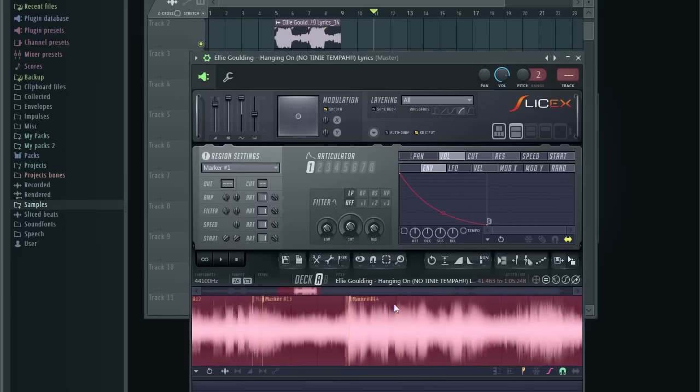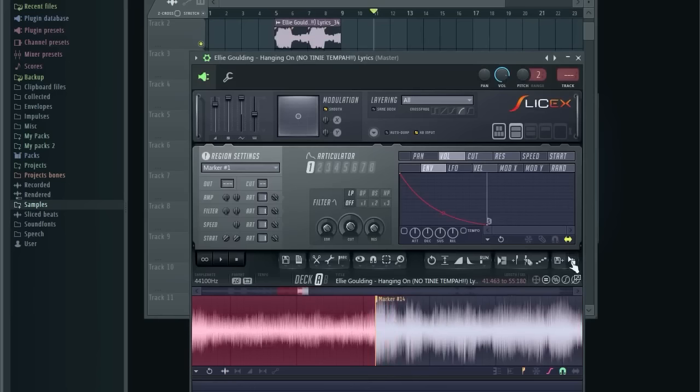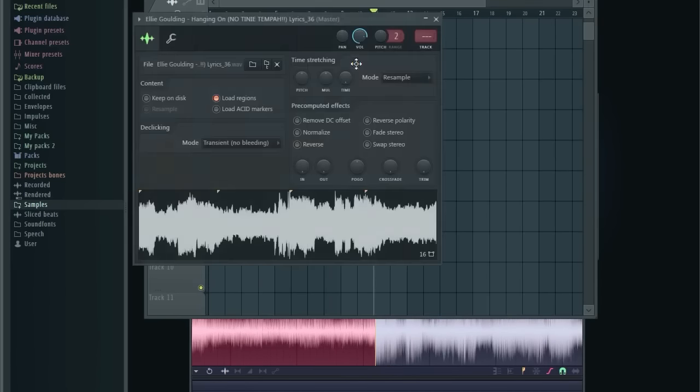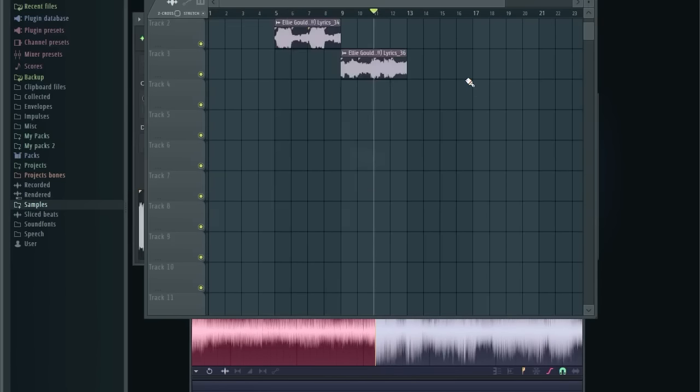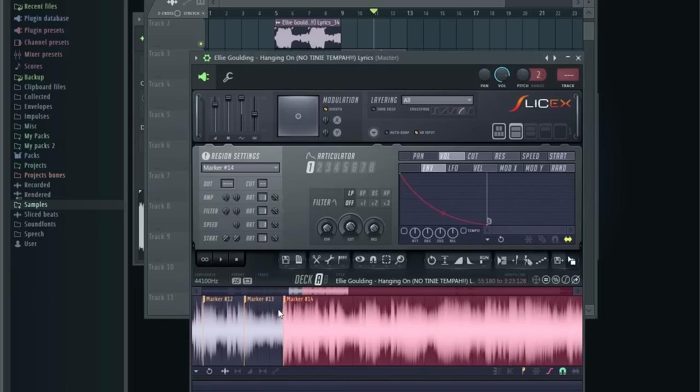Now I need... Actually, I messed up a little bit at the end over here. So let me fix it. Double click, 4 bars. Sometimes you might mess up, so it's okay to go back. I'm just saying that because I messed up. Anyways, now we're gonna count once again and we're gonna cut.